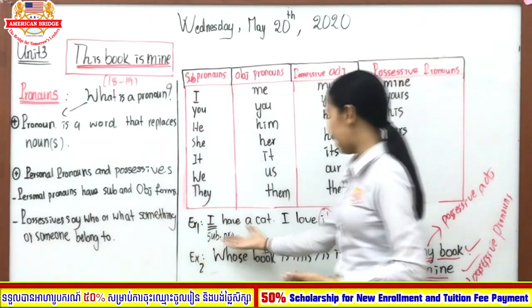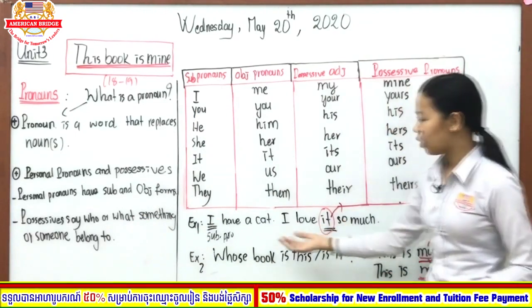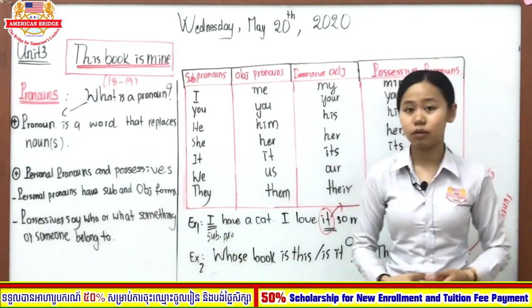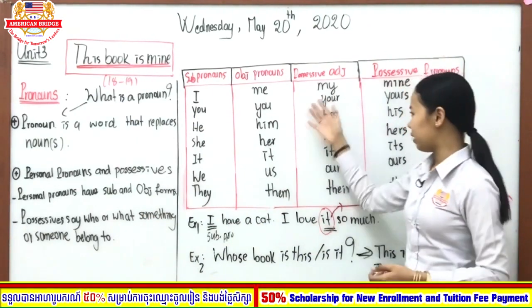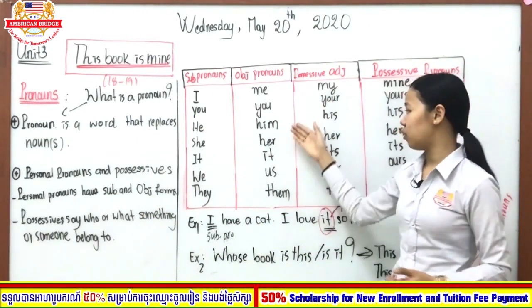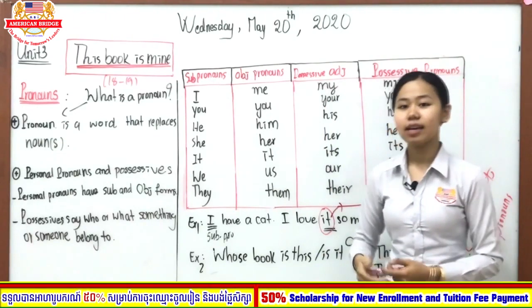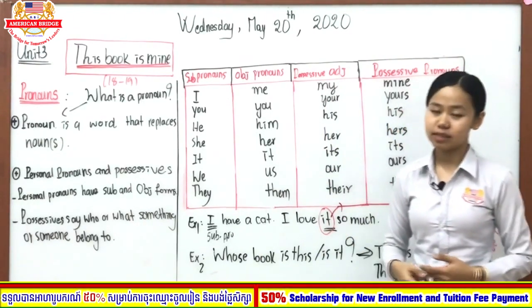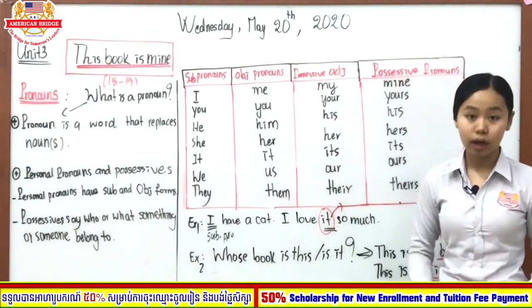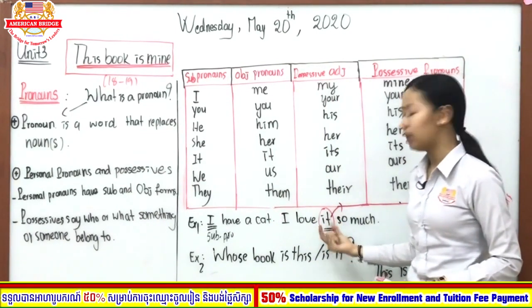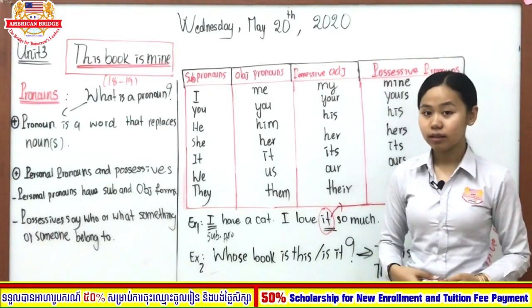Like this one, I have a cat and I love it. So here it functions as a subject, or you know already, subject pronoun: I, you, we, he, she, it. And we have the object pronouns: me, you, him, her, it, us, them. And they function as an object of the sentence. So you usually need to put it after a verb,